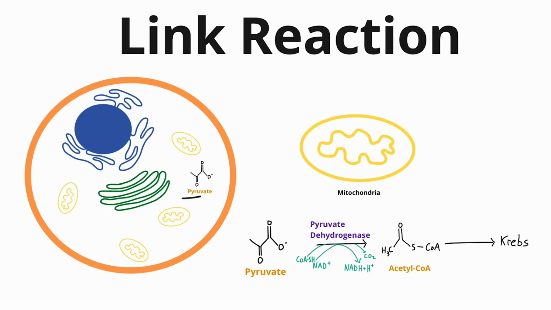Once pyruvate is made in the cytoplasm, it is going to move into the matrix of the mitochondria. And how it gets into the matrix is not something that you need to worry about. On the right side here, we have a picture of the mitochondria, and remember that the matrix is in the center of that organelle. Once it's inside, pyruvate dehydrogenase is going to convert pyruvate into a molecule of acetyl coenzyme